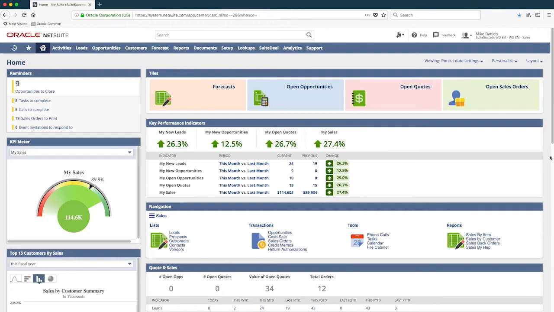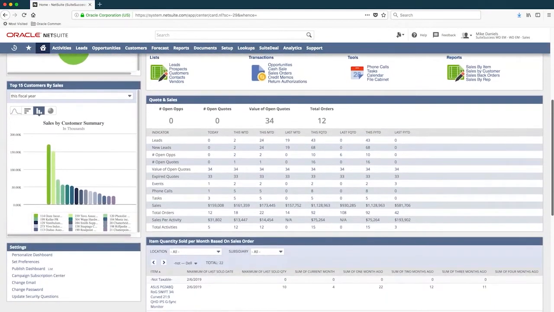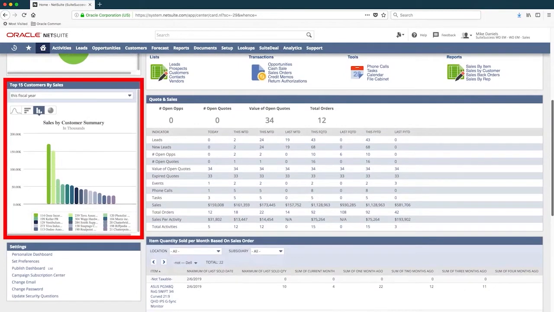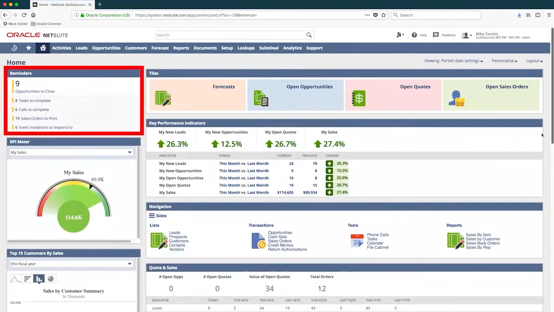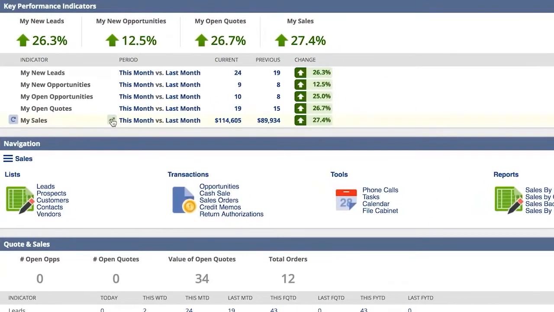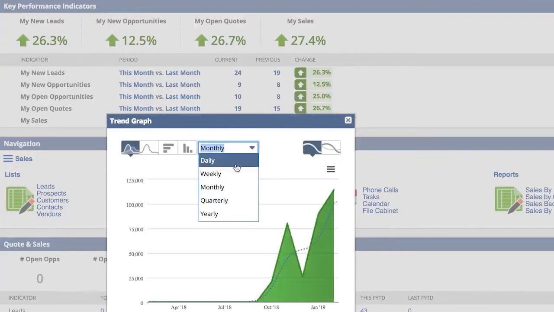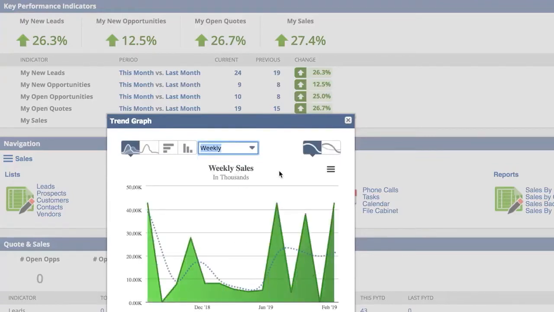So as a sales rep, when I log into NetSuite, I immediately see all of my key information right on my dashboard. I can compare my sales, track my top 15 customers by sales, and see all of my custom reminders alerting me to items that need immediate attention. After seeing what needs attention, the actionable dashboard lets me click into the details or easily perform a new independent